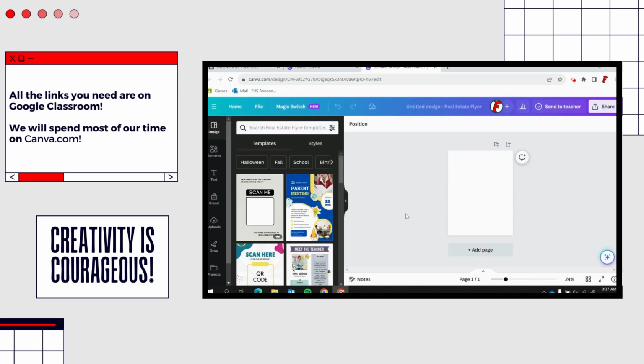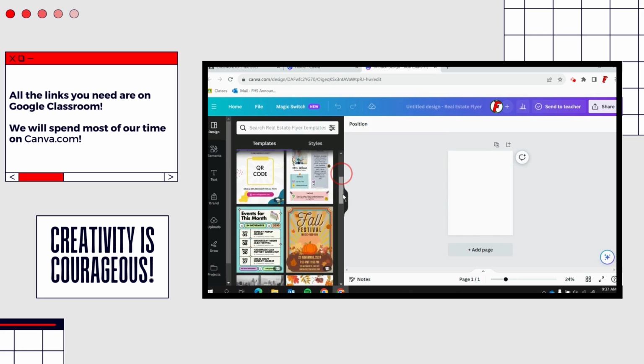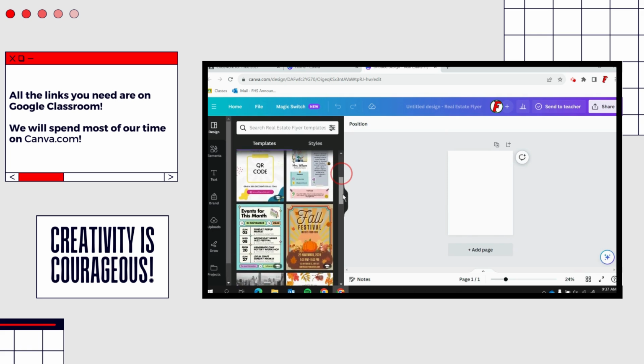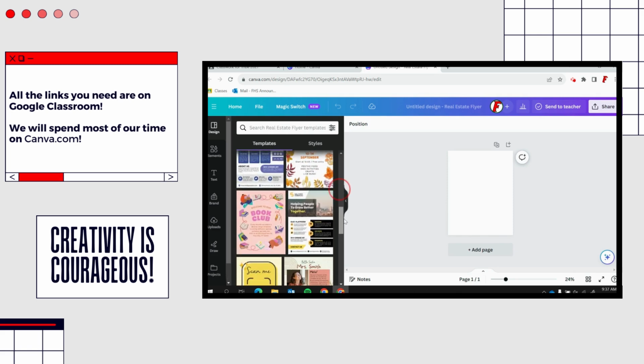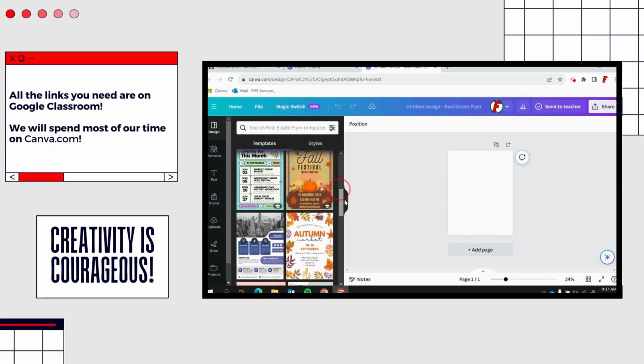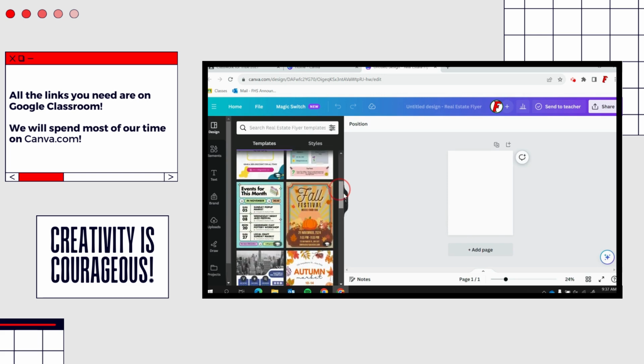Once I select what I want my design to look like, you'll see that it offers you all kinds of templates on the right side. So if you want to create a poster about courage with one of these templates, you could grab one of these. Even if it's not very courage looking at the beginning, because you can customize it, you can delete things. So I might start with this one,